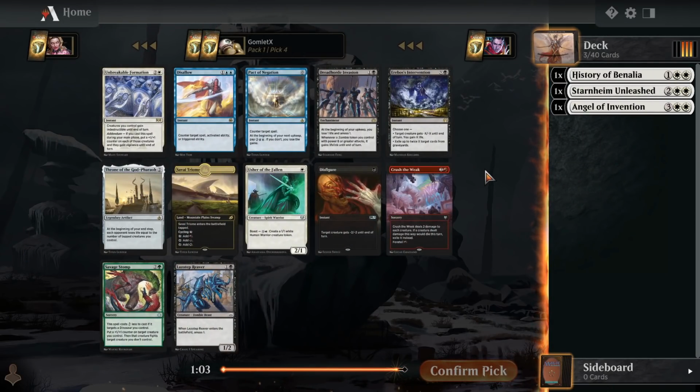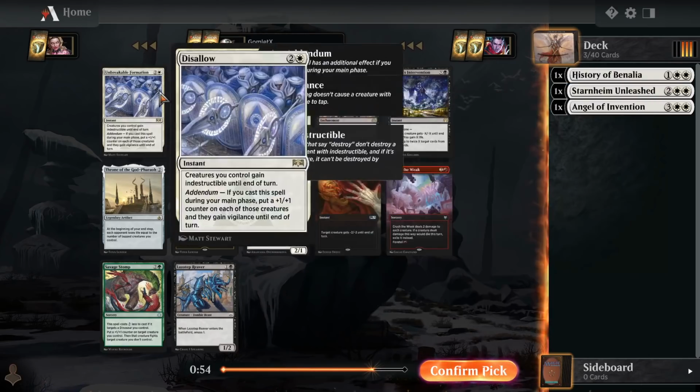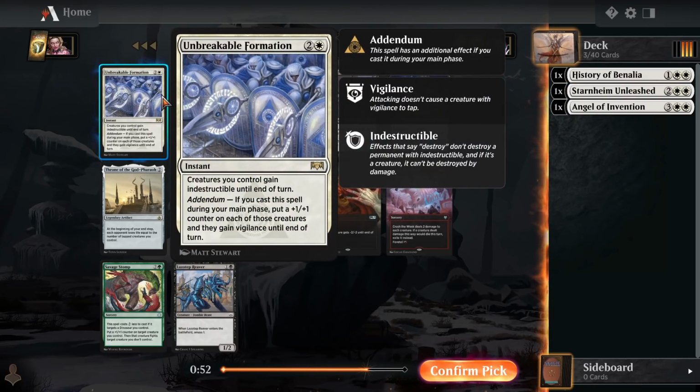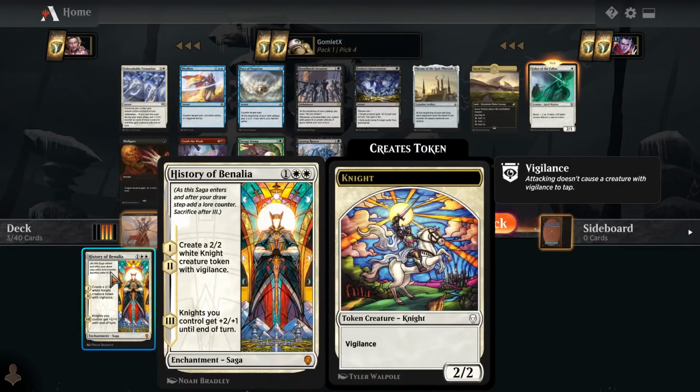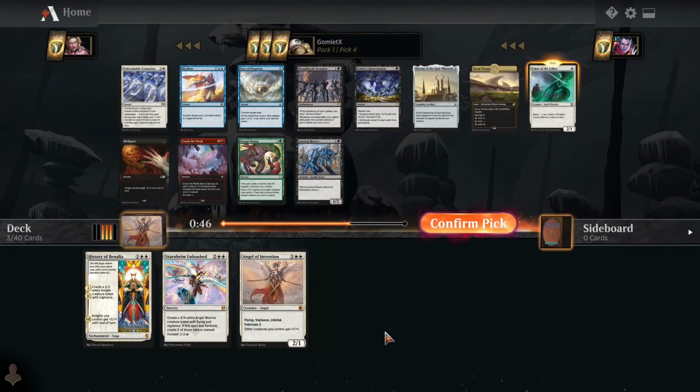Everything in there is really solid in one way or the other. So for a white aggressive deck, I think that early drops are going to be important, so I'm going to take Usher of the Fallen over Unbreakable Formation here, which might be a little bit of a contentious pick, but right now our curve starts at 3, and I'm kind of leaning towards potentially mono-white aggro here, seeing as every